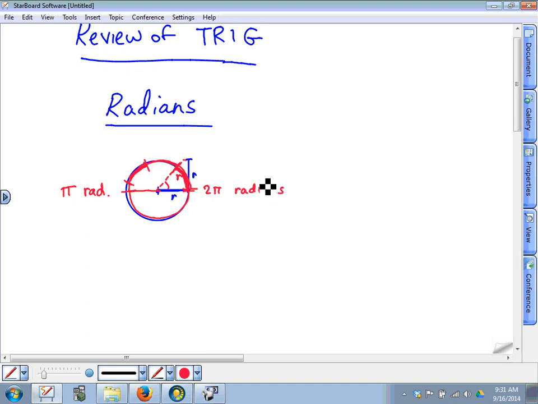Okay. And again, this is just stuff that you should have learned last year. A radian is just an arc length that's equal to the radius of that size of a circle. So really the most important thing here is remembering how to convert a degree measure into a radian measure. That's really the important thing here. So converting,